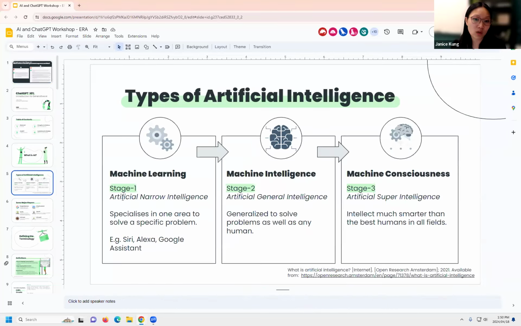The other one was when I talked about the different types of AI, stage 1, stage 2, stage 3. And so here I had a poll that popped up in Zoom that asked them, where do you think ChatGPT is currently at right now? Stage 1, 2, or 3? And this was also fascinating, because many people think it's stage 3. Some also think stage 2. But it's actually stage 1. So I think that was eye-opening. That was another really good interactive activity.